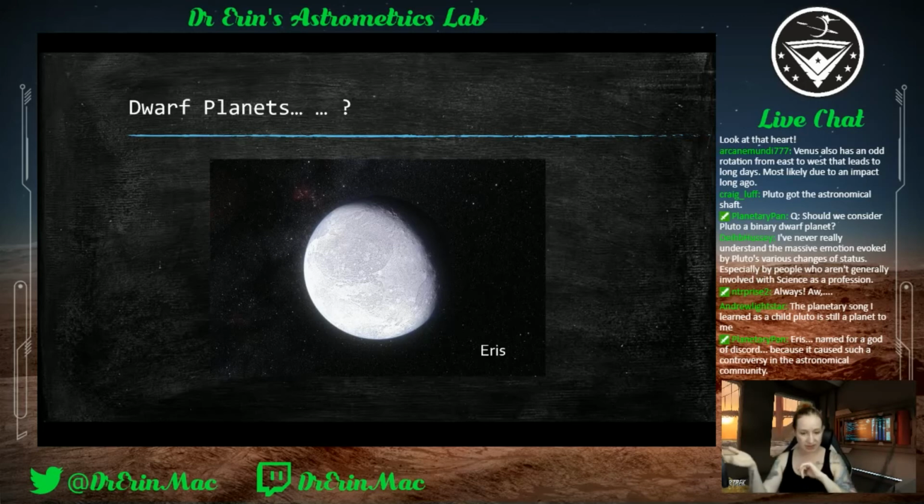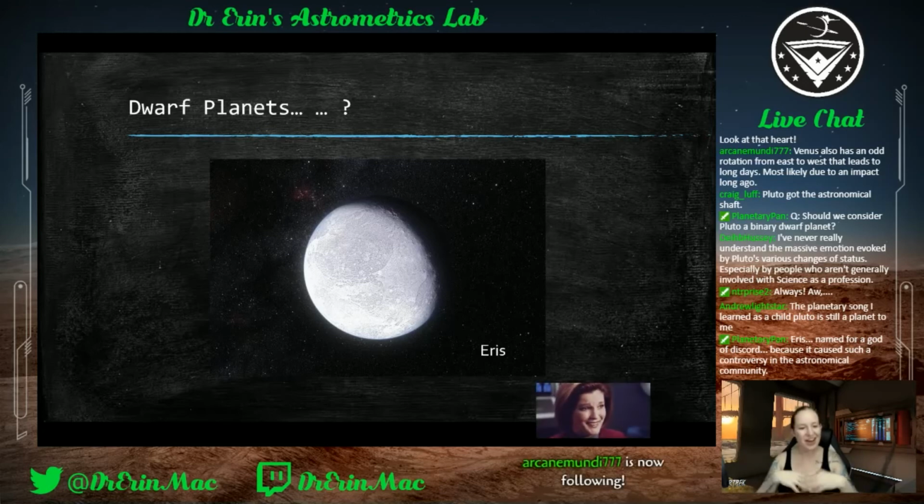And then we discovered this object, Eris. Yes, as Planetary mentioned, it was discovered in 2005, and it's named after the goddess of chaos and discontent and discord, because everyone went, uh-oh. We knew that Pluto was a member of this Kuiper Belt. We had started to see these other objects before Eris. Oh, thanks, Arcane.